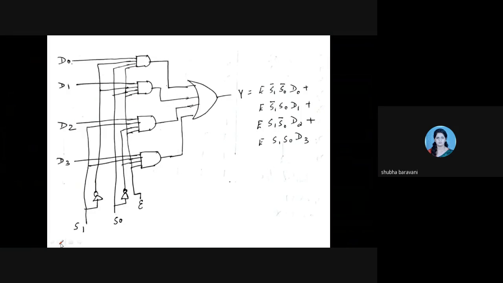Okay, now see here. Okay, we'll start with, say, 4 inputs. So D naught is one input, D1 is second input, D2 is third input, D3 is